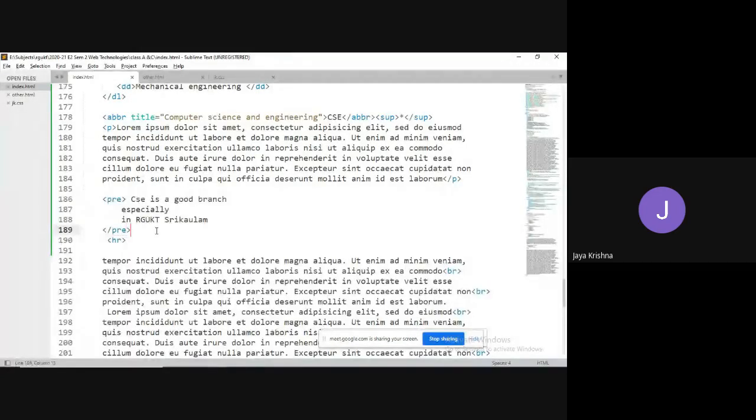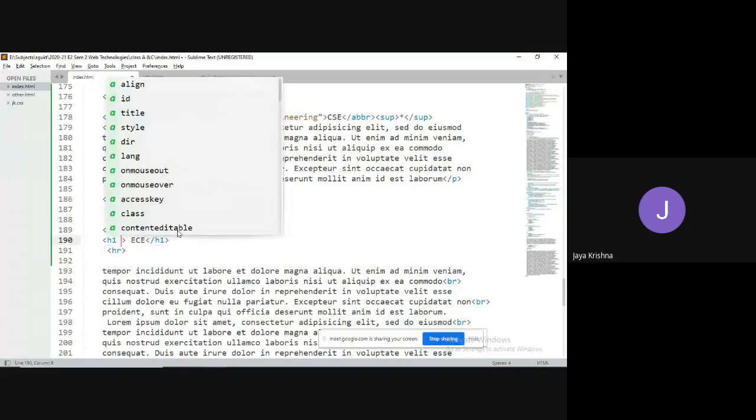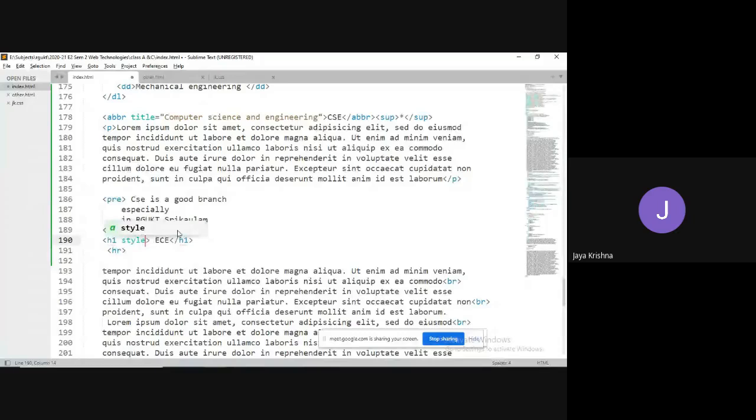Yes. For example, I would like to apply some kind of styles. For example, I'm having an H1 tag. I would like to apply some styles. Then I can use the style attribute.